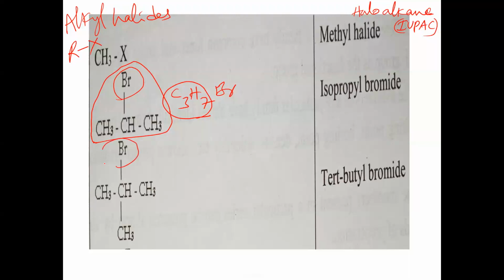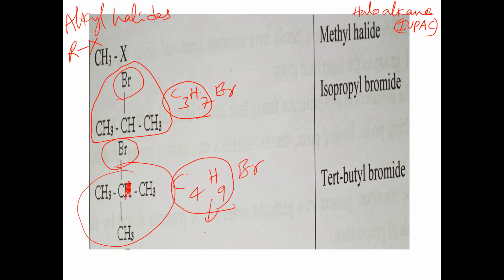Similarly, here if you take the substituent bromine, what is the remaining part? How many carbons? C4, 4 carbons, and how many hydrogens? 9 hydrogens. Okay, 9 or 11? Here 1, 2, 3, 4, four carbons, C4, and 3, 3, 3. Hydrogen should not be there here, remember. Why? Because carbon already has 1, 2, 3, 4 bonds. So H9. So C4H9Br. C4H9 is the alkyl group, butyl group. Butyl bromide.